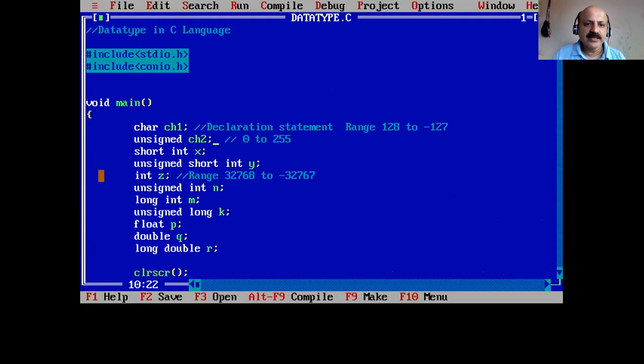If you make it unsigned, then the negative range converts into positive, so 0 to 255. In the same way here, we can use unsigned, and that range I write like 0 to